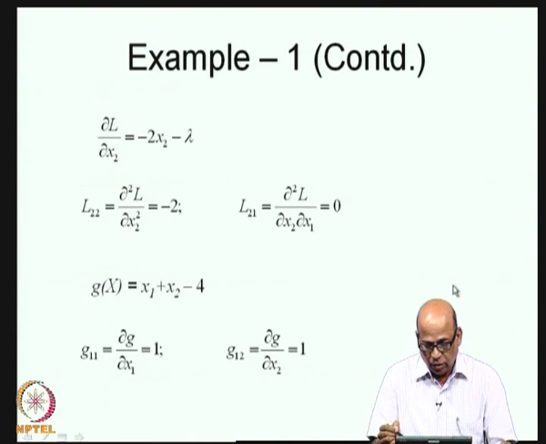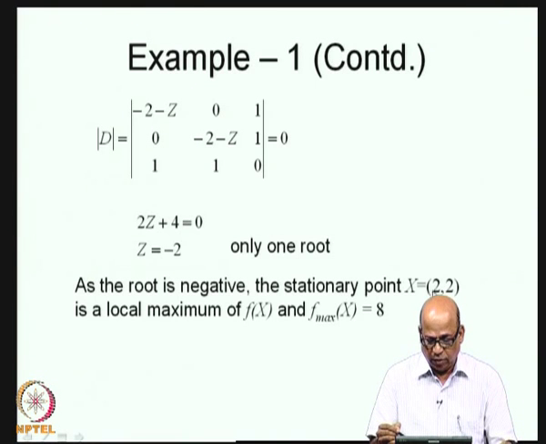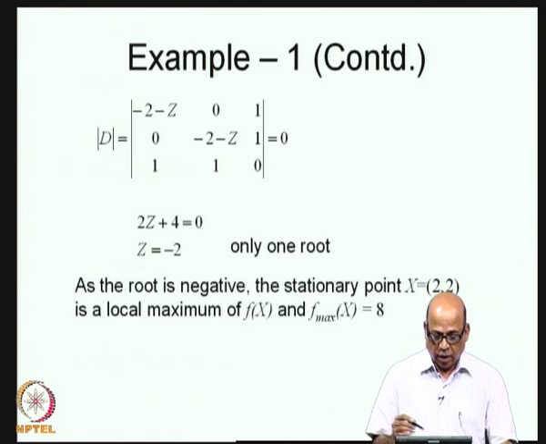What are these values? These are the values that we obtained by solving the necessary conditions. So, x 1 is equal to 2, x 2 is equal to 2. So, this is a stationary point. This stationary point, x equal to 2 comma 2, which is x 1 equal to 2, x 2 is equal to 2, in fact corresponds to a maximum value, local maximum, and then we